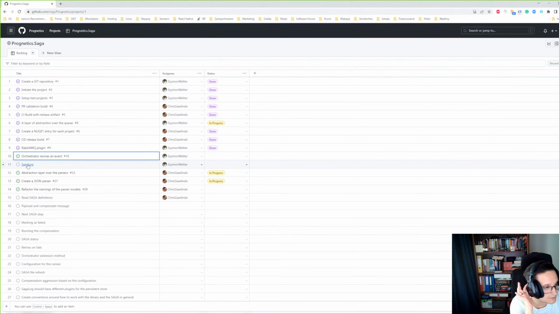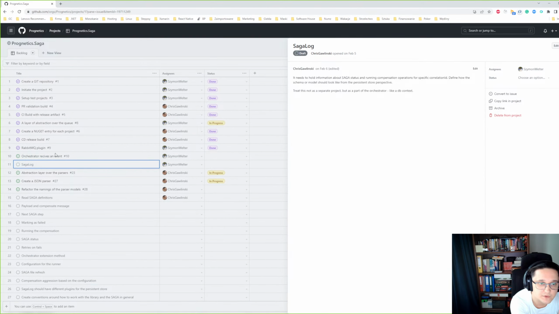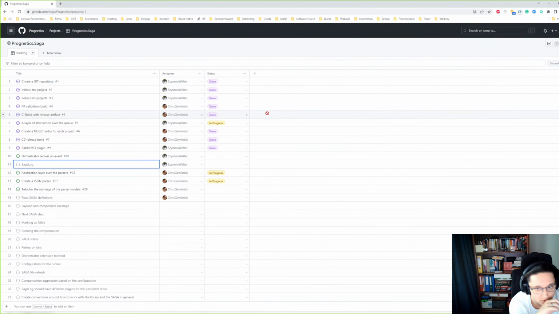So before making that, you should probably handle the saga log itself. Or I can create just the interface for a saga log. Yes. I think 10 and 11 are part of this algorithm, the received event, obviously. But it's not done yet. So I think it will be the first PR